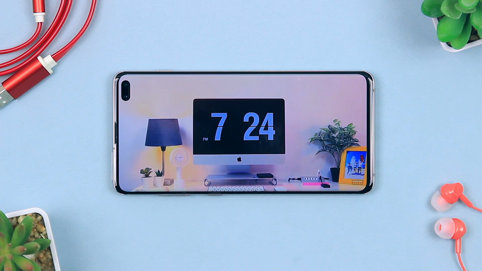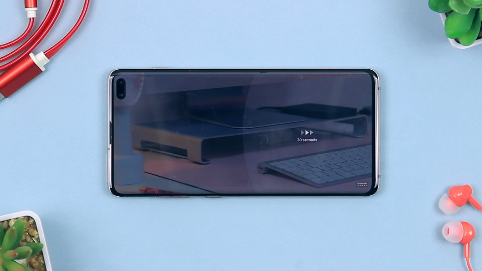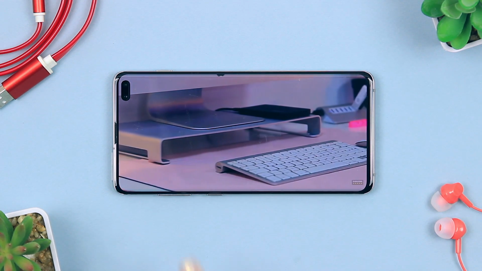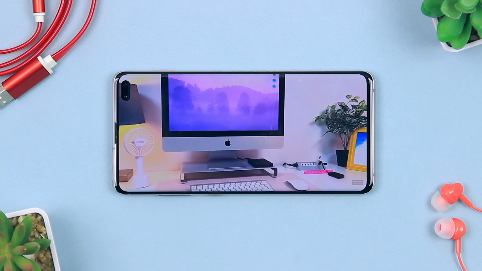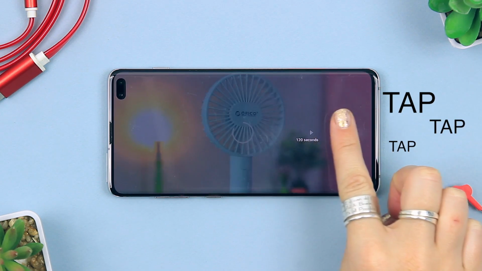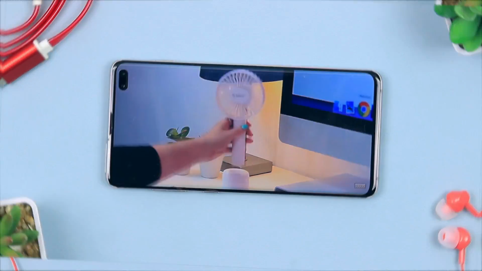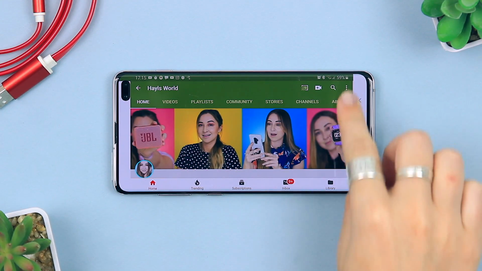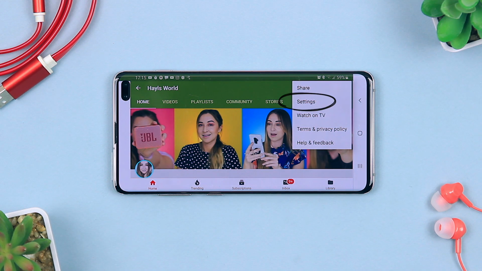Alright, did you know if you're watching a YouTube video and you double tap twice on the right hand side, it'll actually skip 30 seconds ahead, and the same goes for the left hand side. If you double tap and then keep on tapping, it'll actually multiply the seconds and jump ahead that far in the video. So this feature is already activated, but if you want to change the timing, just head on over